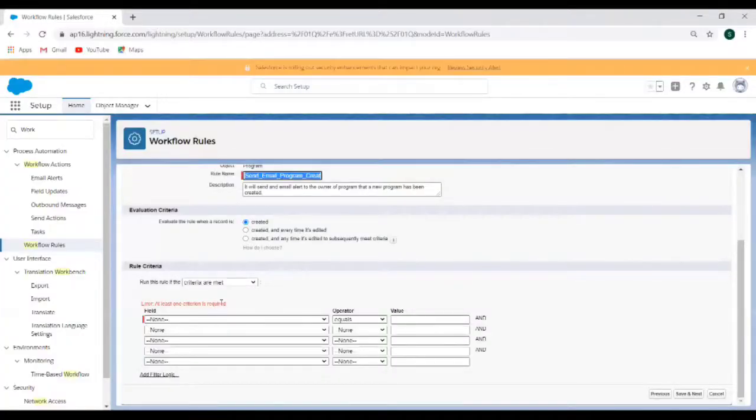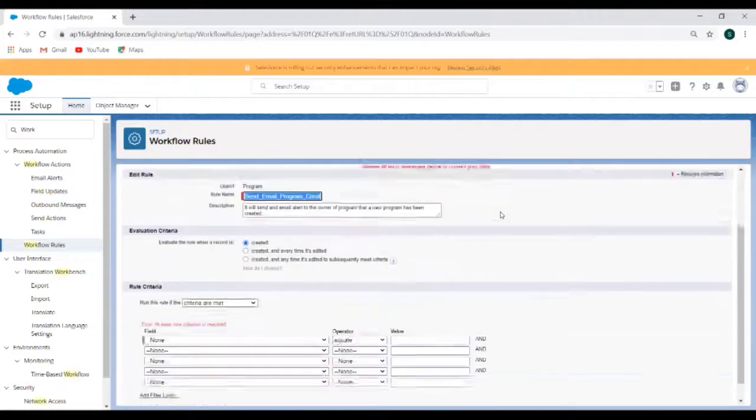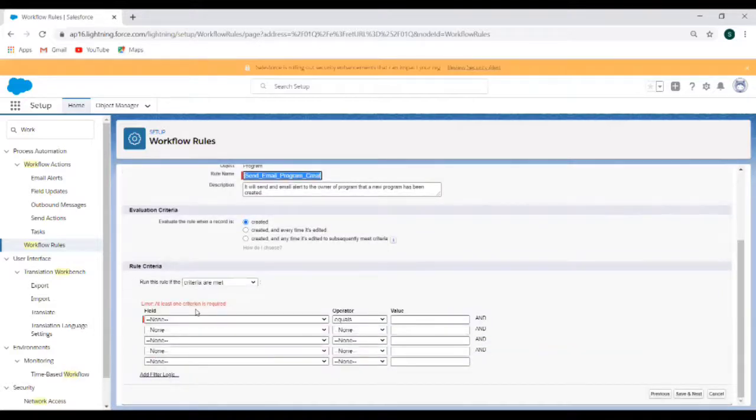The error it is giving is to ask us to enter at least one criteria. So you should have at least one rule criteria defined, so that this workflow rule will only run when this particular rule criteria is met.